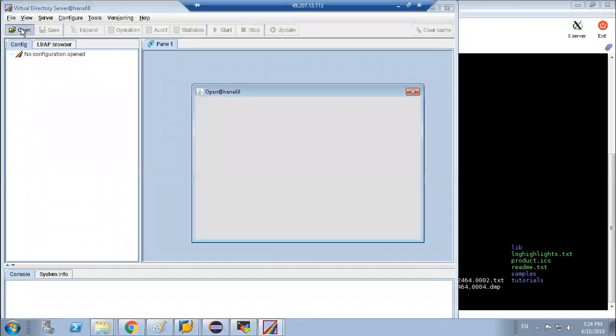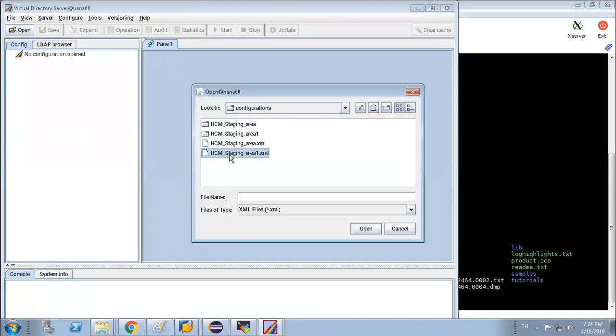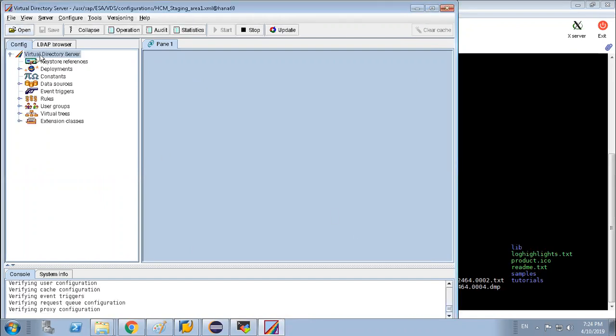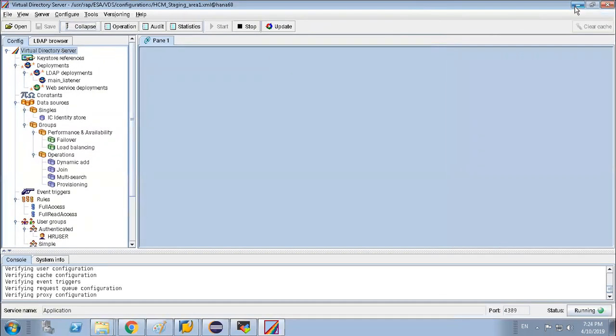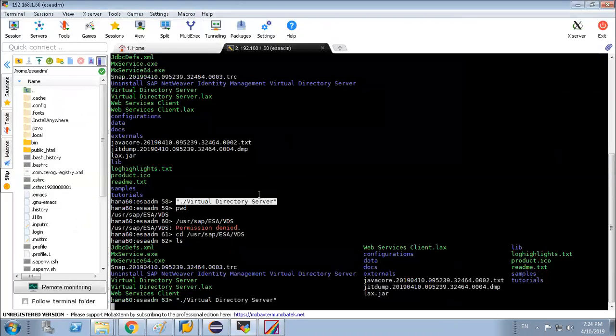After that, since we have created our XML file, you can select the XML file and open. This file will open. Any question on this area, how to open it over here? Yeah, I got lost on this one. Okay, let me repeat one second.